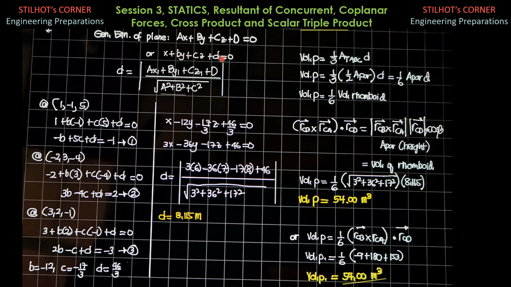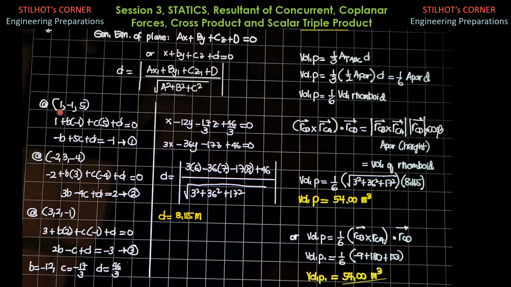And the distance from a point to a plane is given by this formula, absolute value of ax1 plus by1 plus cz1 plus d over square root of a square plus b square plus c square, the magnitude of the vector representing the equation of the plane. So this is the alternate solution. Then distance from a point to a line, absolute value of ax1 plus by1 plus constant c over square root of a square plus b square. So for a plane, we also extend it to the third component.